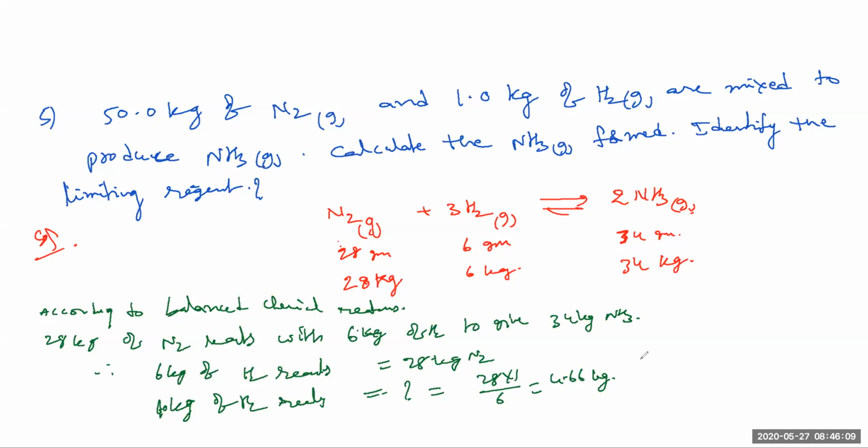Limiting reagent is hydrogen. Why is it hydrogen, you know? Hydrogen is completely consumed, so it decides the amount of the product. Here H2 is the least one, that is 6 kg required to 28 grams. But here for 1 kg you get only 4.44 grams of nitrogen. So H2 is the limiting reagent.